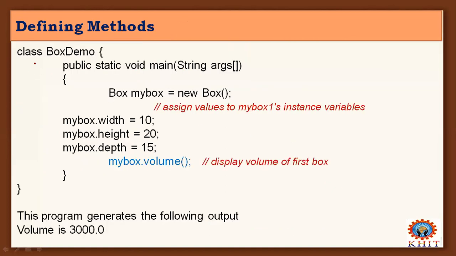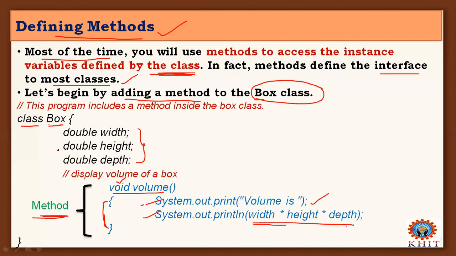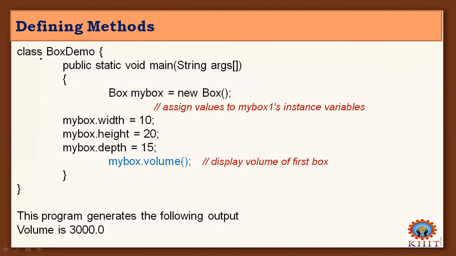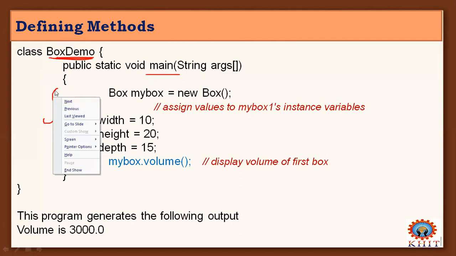Coming to the main class. That is the box class, and this one is the main class. Why are we calling this the main class? The class in which the main function is defined is called the main class. Inside main you write the logical steps of your program, and your execution starts with this main function of the main class.